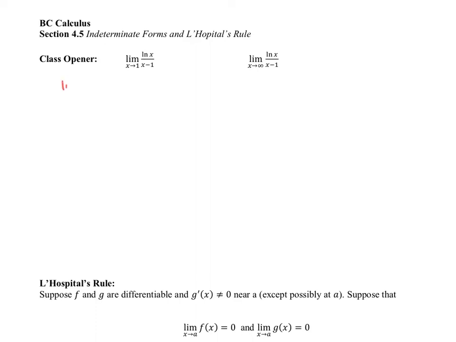First of all, we have the limit as x goes to 1 of the numerator, which is 0. We also have the limit as x goes to 1 of the denominator, which is 0. And so one of the candidates for L'Hopital's rule would be when you have 0 divided by 0 for a particular limit. So what you could say here is that we're using L'Hopital's rule. So by L'Hopital's rule,